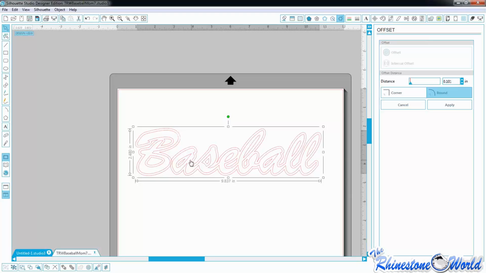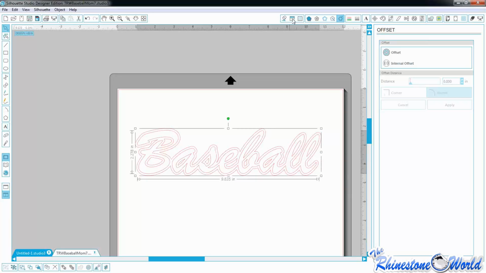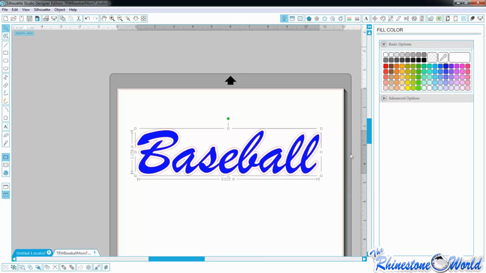So that should work. And now notice here where I have my B and my A. Watch what happens when I click away from that. Bam, there it goes. That welded it together for me. So now we have our outline, and we have the baseball inside that we're going to use as vinyl. Let's change the color of that so you guys can better see what I'm working with here. So you have your baseball, you have your outline there, and also you have